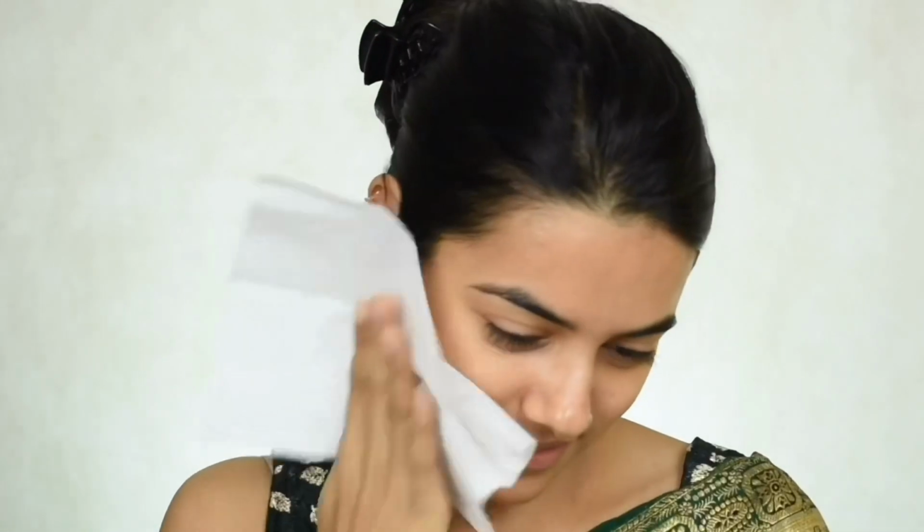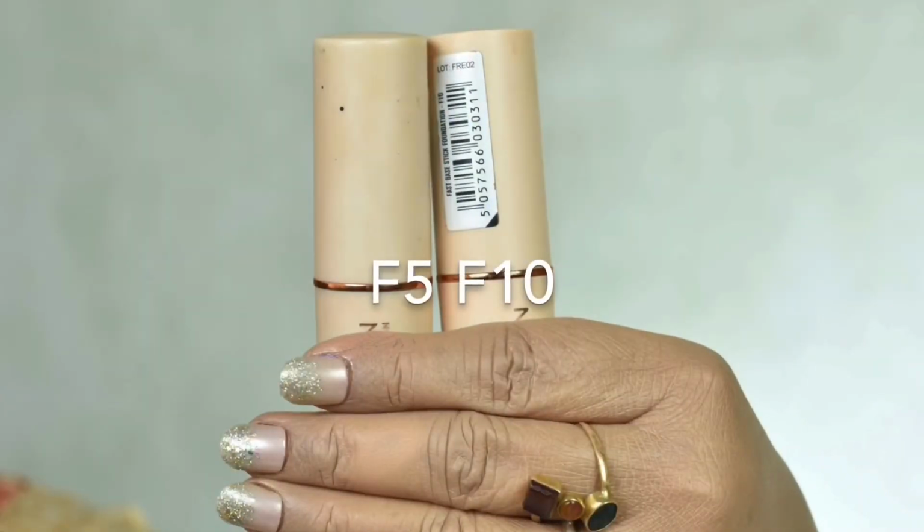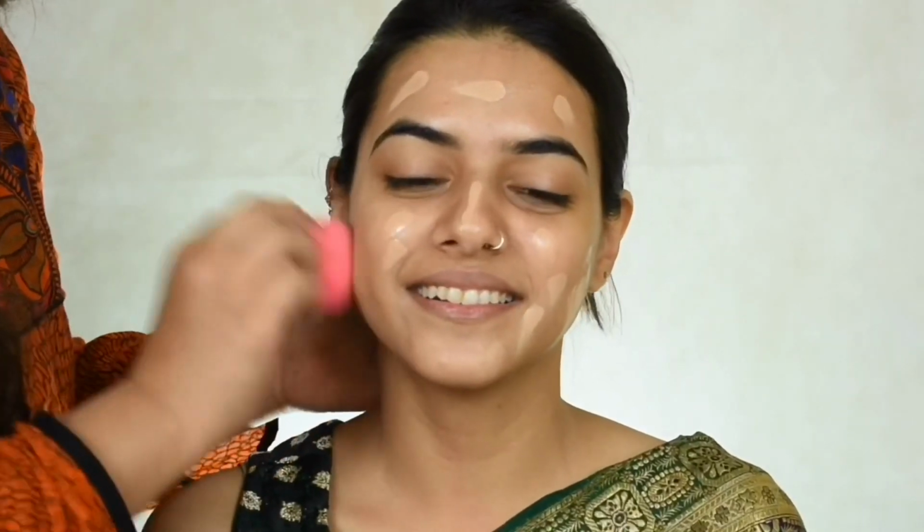we're going to dab off the excess with the tissue paper. Now I'm using the Makeup Revolution Fast Base Stick in the shade F5 and F10, and I'm going to dot it all over her face like so, and then I'm basically going to start blending this with the beauty blender in tapping motions. I'm not going to drag it, I'm not going to rub it, I'm going to tap and